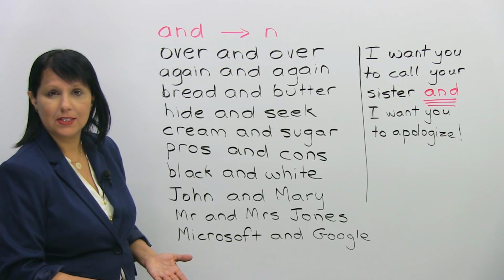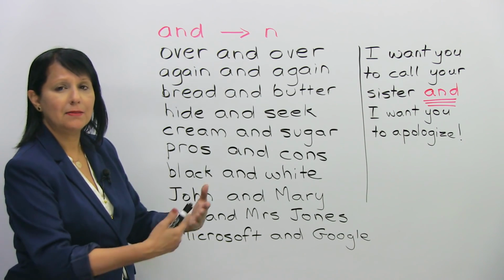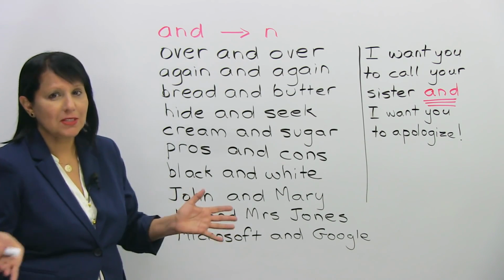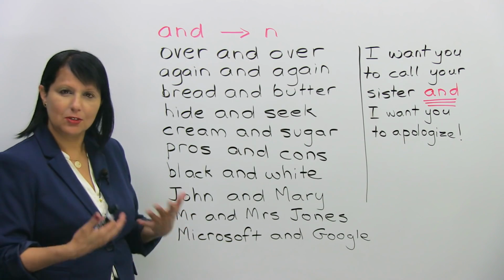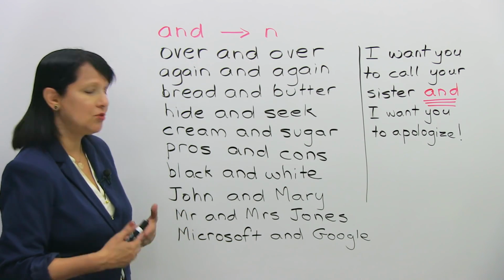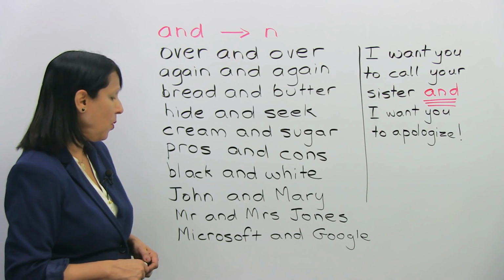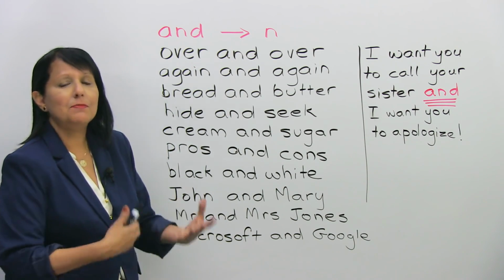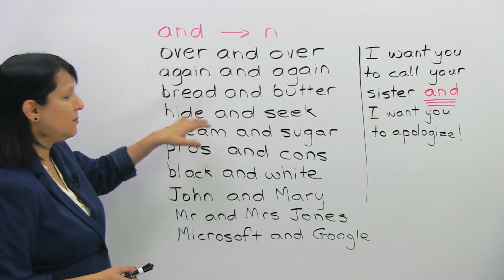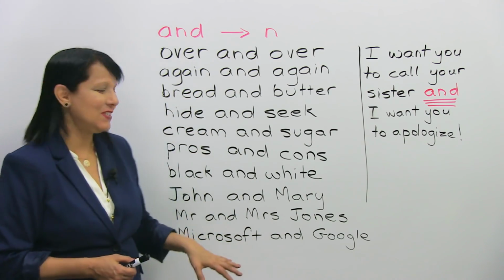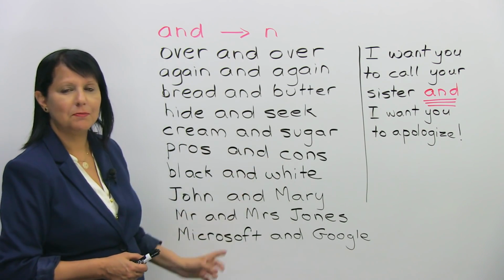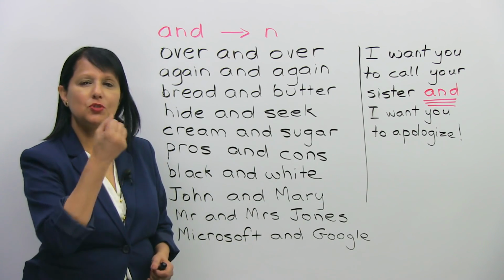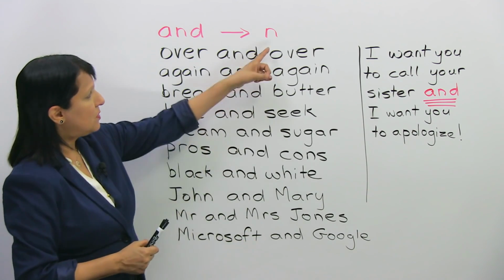Mr. and Mrs. Jones. Not Mr. and Mrs. Sometimes we don't even say Mrs. nowadays, but in some countries, these forms are still used. So I'm giving you that example. Mr. and Mrs. Jones. Or we can use it for companies too. Microsoft and Google. It doesn't matter what we're talking about, whether we're talking about cream and sugar or Microsoft and Google, we're still saying cream n sugar, Microsoft n Google, right? So we almost swallow the word and we just reduce it to n,